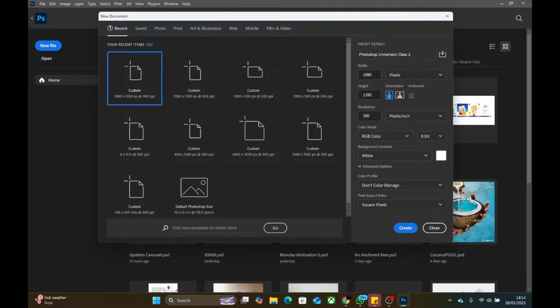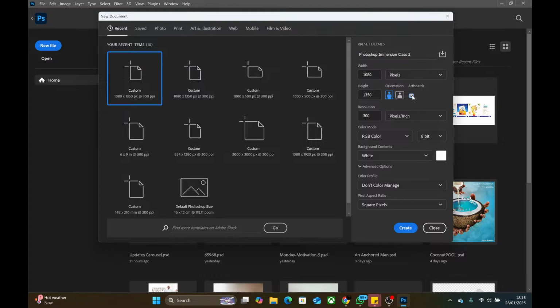Let's continue. So when you enter 1080 by 1350 pixels, then I mentioned that you check this artboard. Please, I will encourage you to watch the videos from yesterday so that I won't have to go over these things. I explained why you should be using this artboard. This checkbox can be on or off, so you need to check it and make sure that it is active. There is a reason for it, which I explained in the class yesterday, in the video I shared with you.